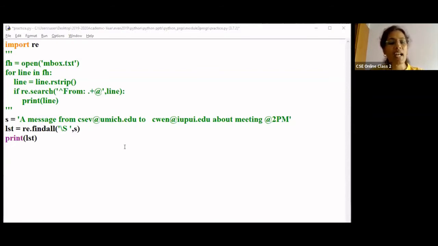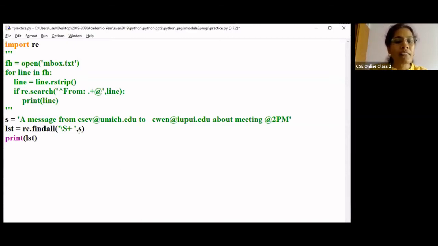This slash S plus, if I give it, will match as many non-white space characters as possible. Please make a note that yes, it is capital S, not small s. Small s gives a different meaning. This capital S, slash capital S plus, matches as many non-white space characters as possible.